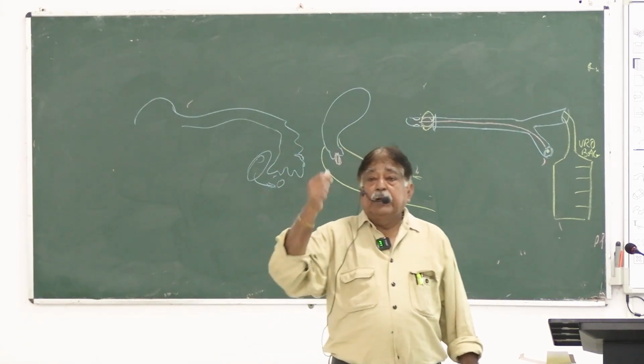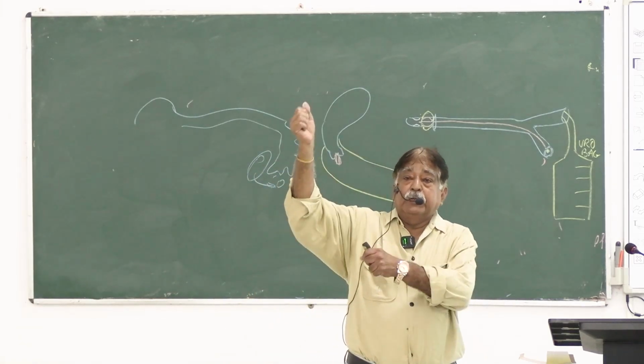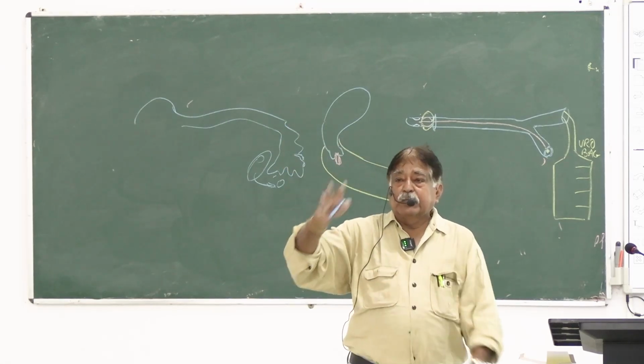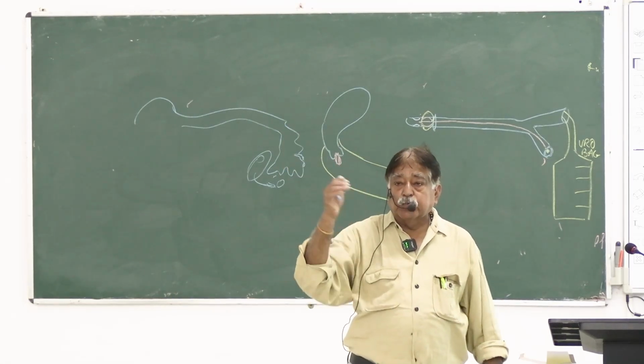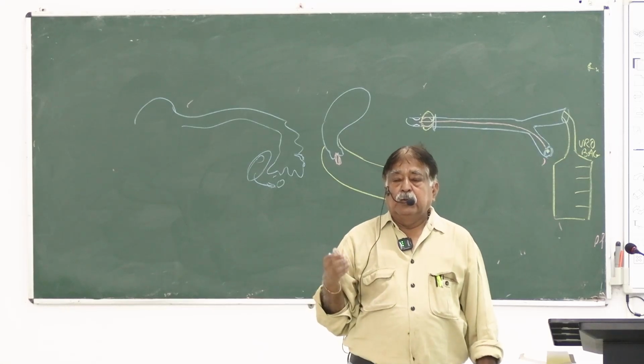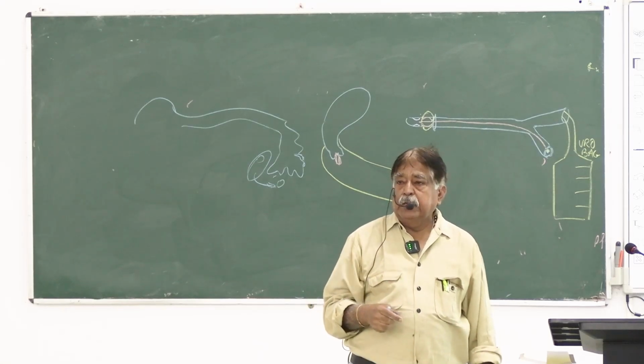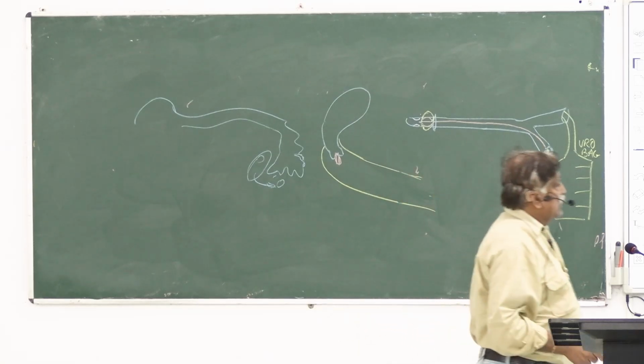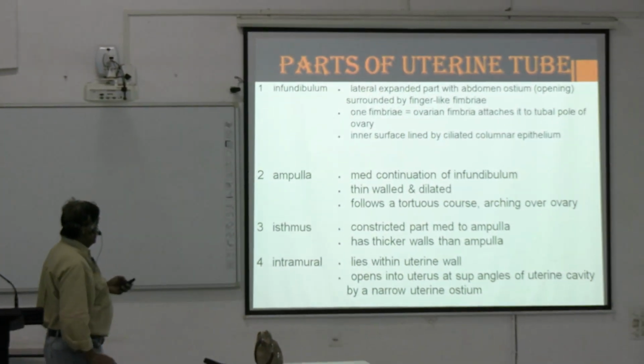Like the big hand fan that gives air, similarly it tries to propel the ovum into the tube, and it is covered by ciliated epithelium, and